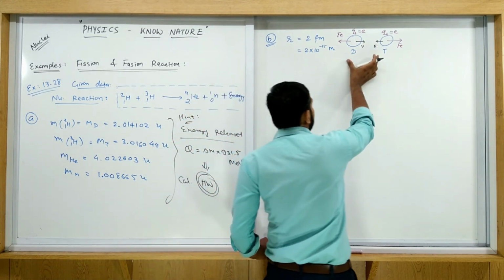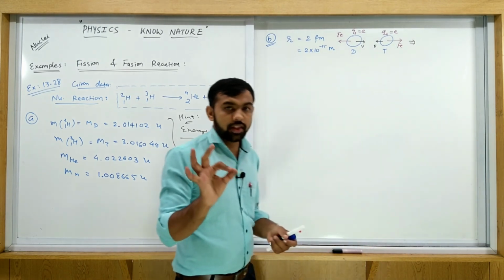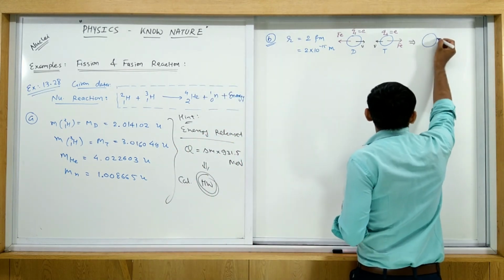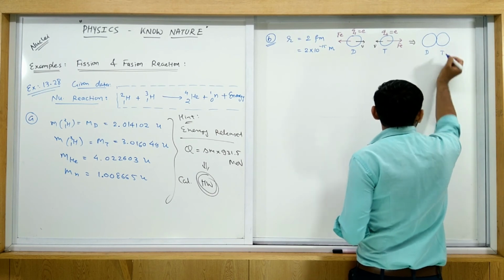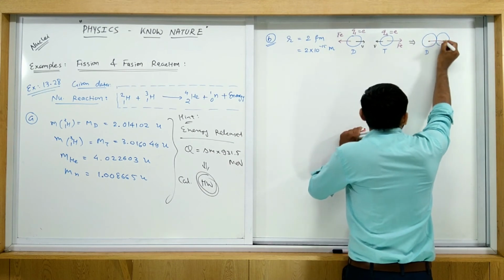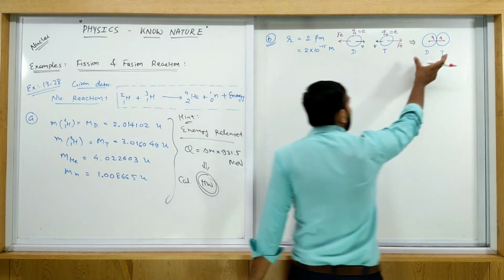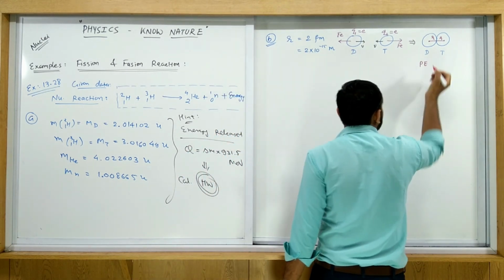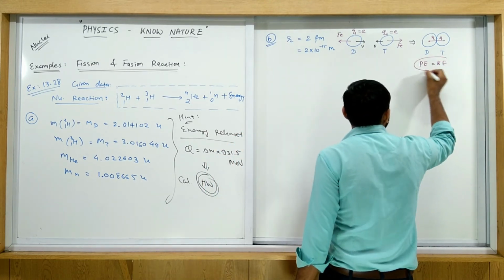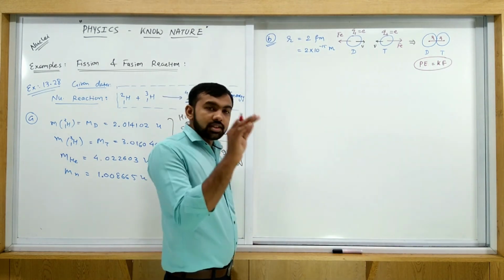Some of this kinetic energy is equivalent to the situation when both the nuclei are fused into each other. The situation is like this: when they overcome these forces, deuterium and tritium, the situation is like this. And what is the distance between these two? R and R, so 2R. Whatever the potential energy is, by energy conservation it is equivalent to kinetic energy.